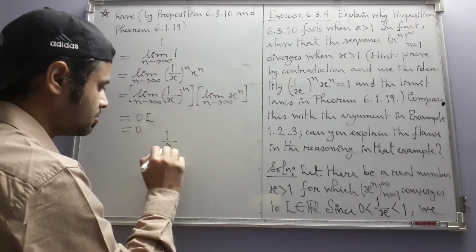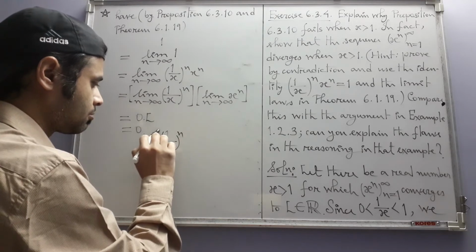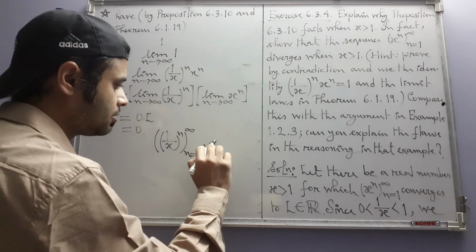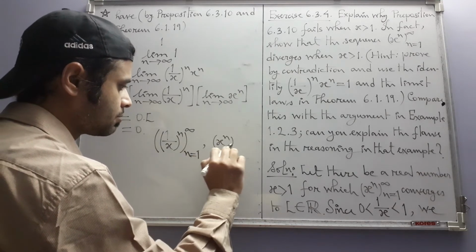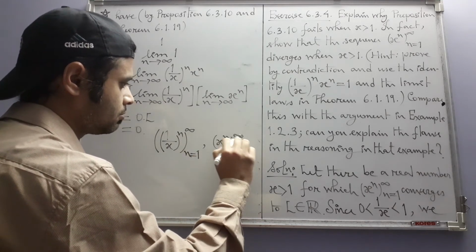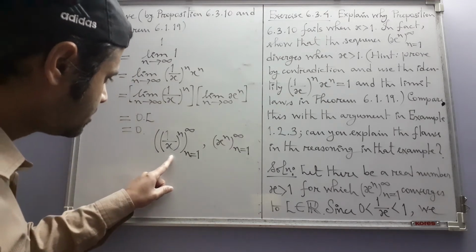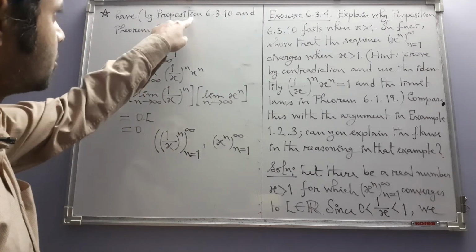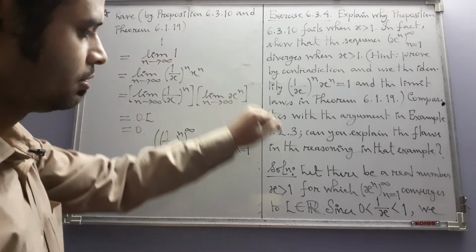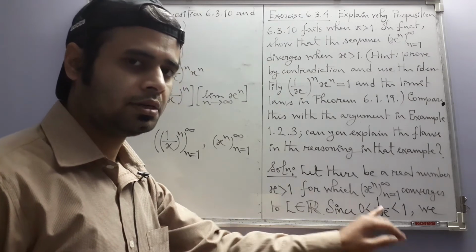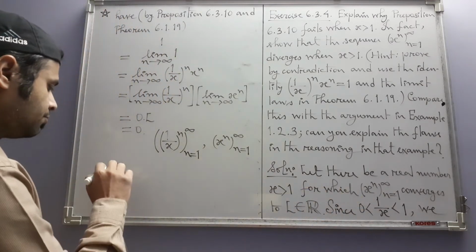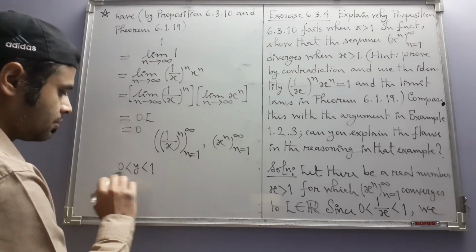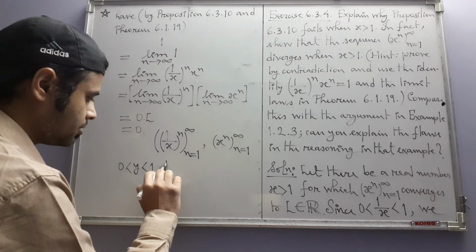One of them is this, and the other one is this. We know that this sequence is convergent, and that is coming from proposition 6.3.10 and these inequalities. In proposition 6.3.10 we have proved that if y is a real number that satisfies these inequalities,